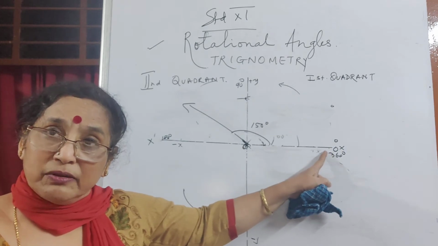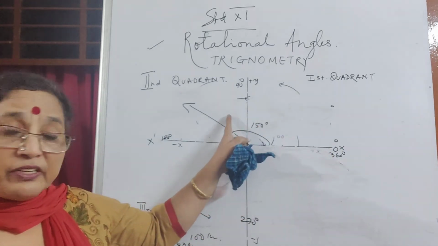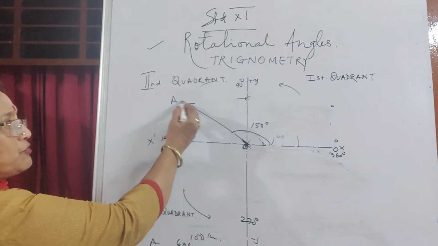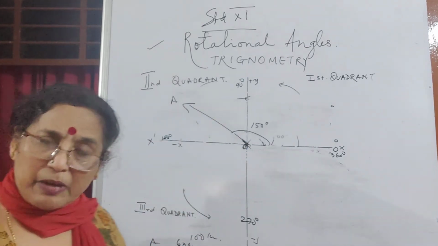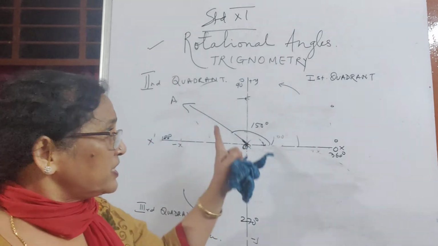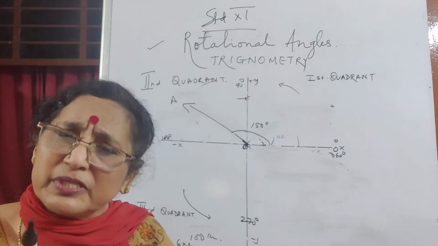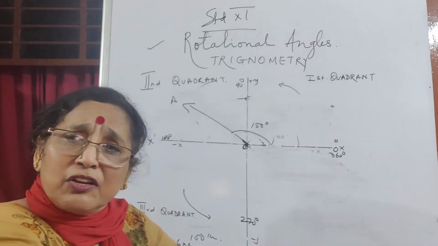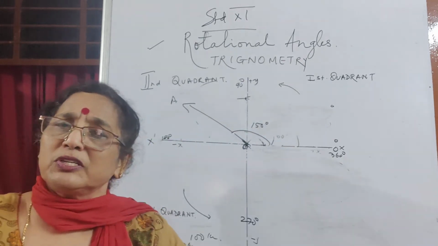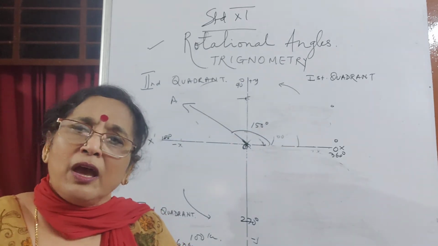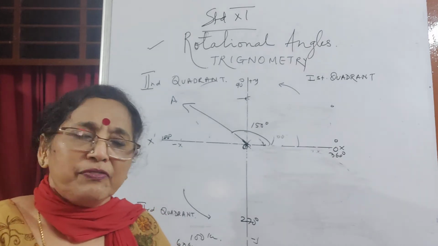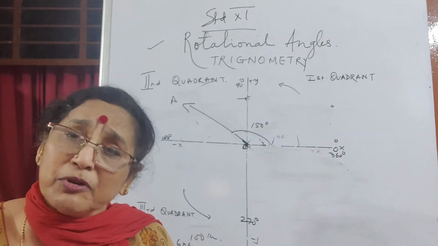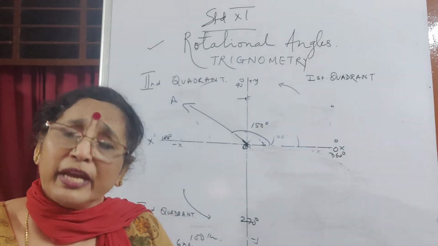So from here I started. This is the zero line, right? I went 150 degrees and I reached this point. Say a stick is revolving about O. I am only interested in where the stick is, where you are standing. Whether you are standing 50 kilometers from point A or 120 from point B, some will say I am 150 from point B, some will say from point A. Both are correct because basically I can locate you.